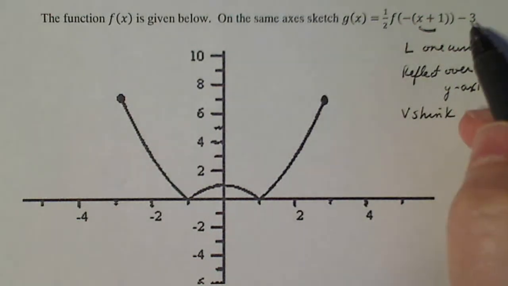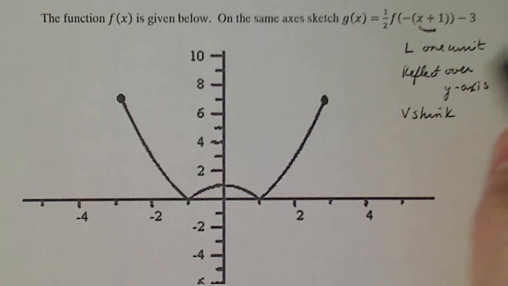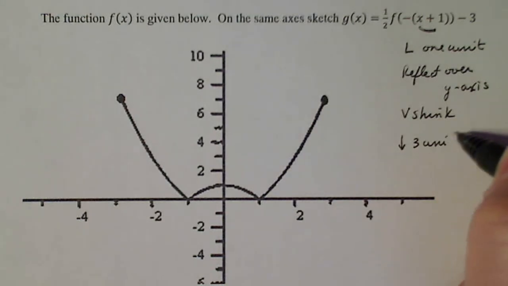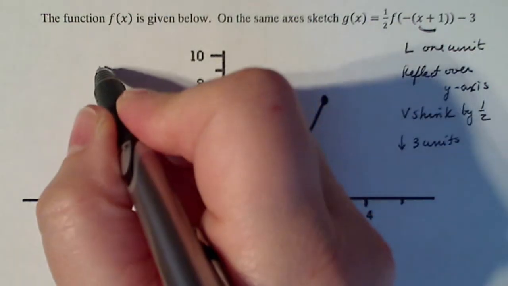Next, I'm going to go down 3 units. Well, this is a vertical shrink by 1/2. I better put that in there so I remember. Okay? So we're going to take each of these points individually, and we're going to move them. Those 4 transformations. So I start here with my point